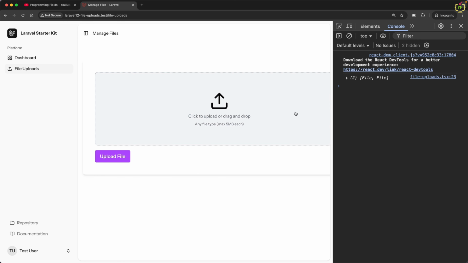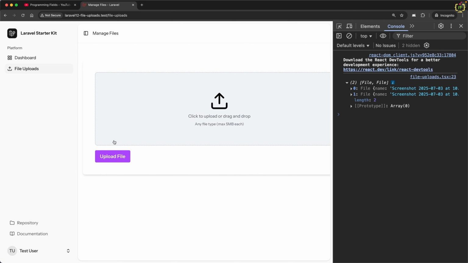Yes, this time we can see the files are not opened in a new tab. They are kept inside the draggable area only. And here in the console, we received two file objects. So this is working. Now we have to work on the preview functionality so that whenever we select any